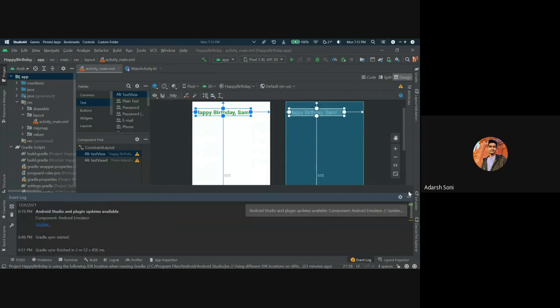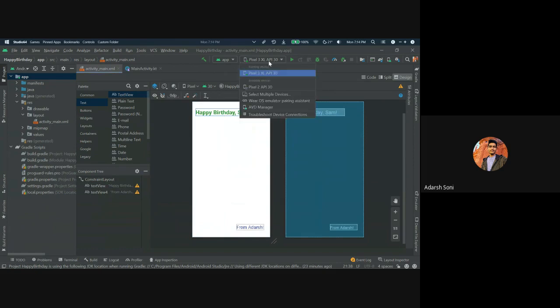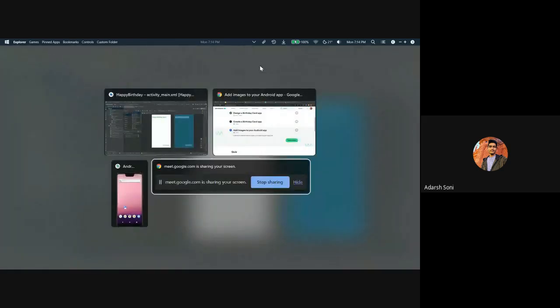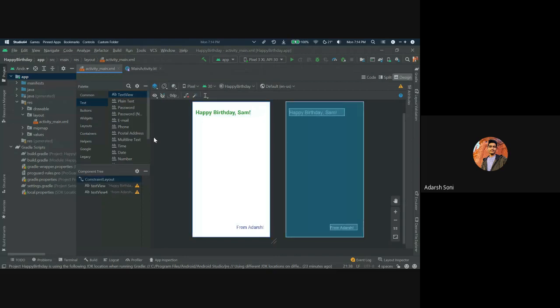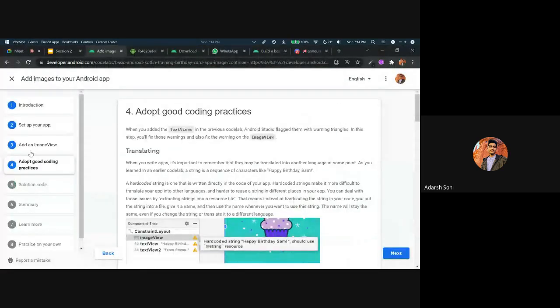I think there is some problem in our emulator for the API version we are selecting. So we will move to the next section, which is how to add images in our app.